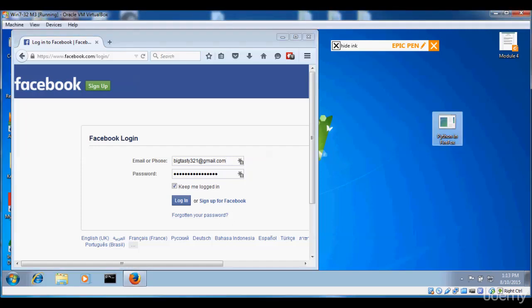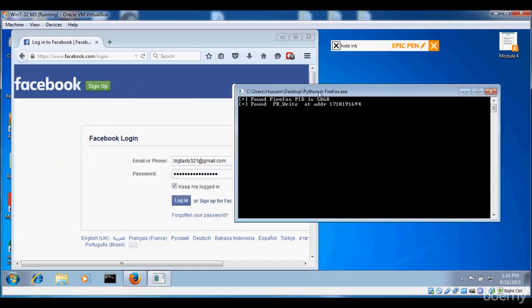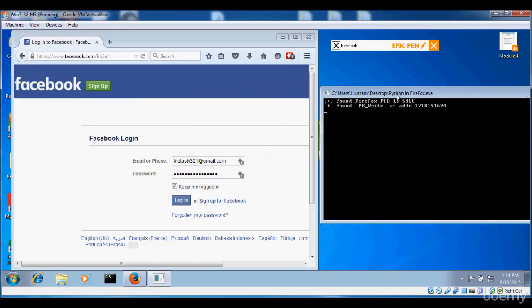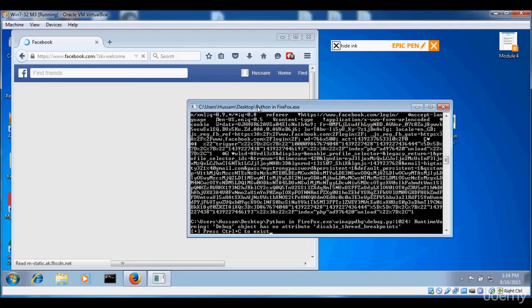And as you can see, LastPass has entered our username and password for us. So I'm gonna run our script here. Okay, so this is the Firefox process ID and the memory address for the function. And notice once I click on the login button,